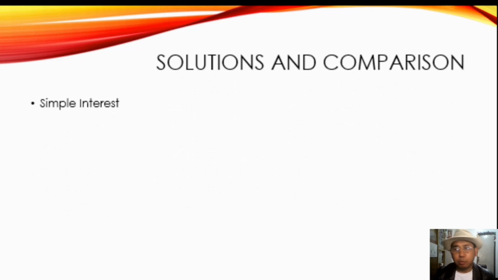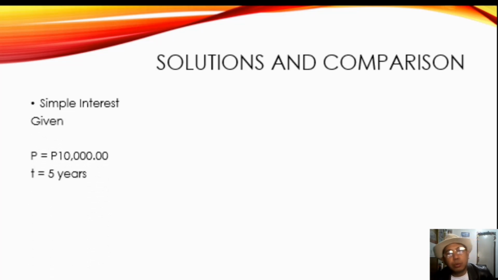We'll be comparing them, and after computation we'll select what is the best for you to earn. In the simple interest, using the problem, you have to identify the given. The given is 10,000 pesos. The period of loan is 5 years, and of course the rate of interest is